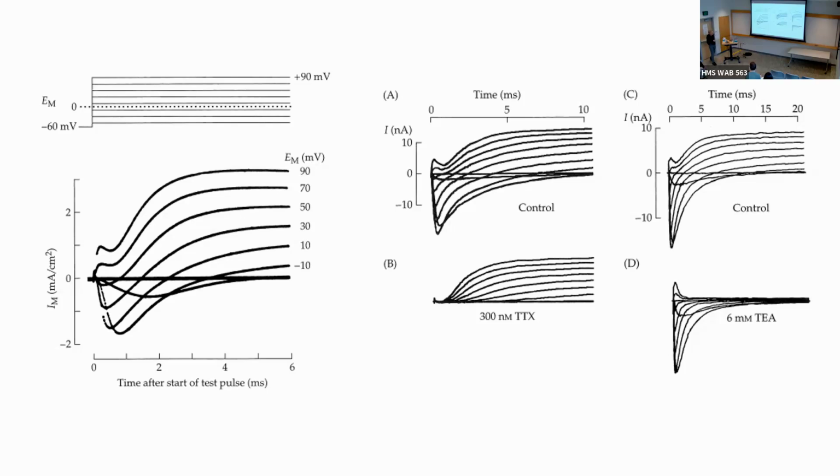And then Hille discovered that you could use this simple molecule, tetraethylammonium. It's just a nitrogen with four ethyl groups off it, a positively charged ion, a cation. And it happens that if you put it on the outside of a frog node, it inhibits the potassium current. And so he began doing experiments with these and thinking about how these were working.